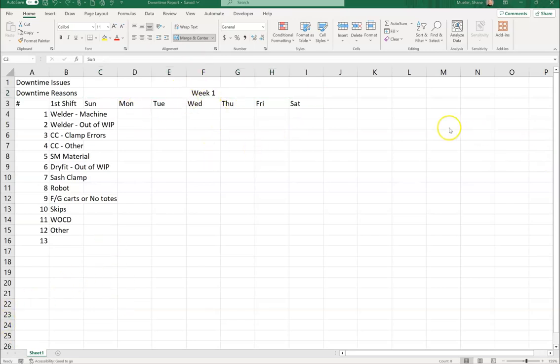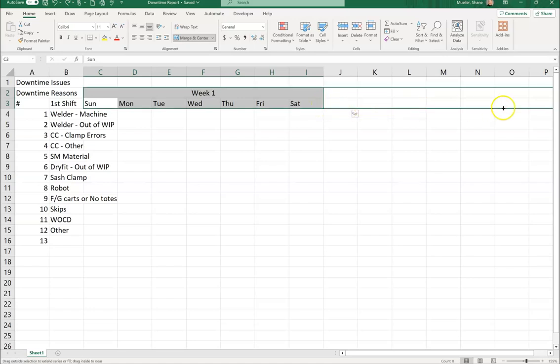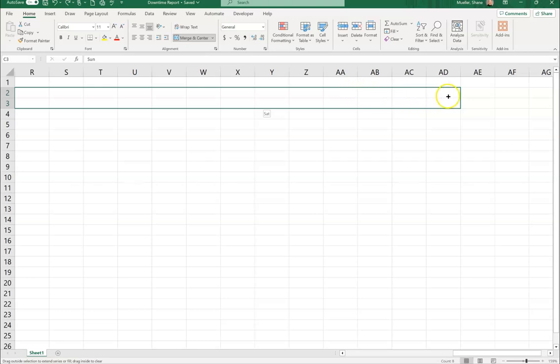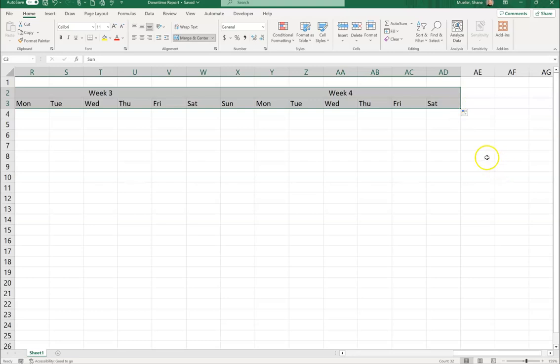All right, so once I've done that, now prepare to have your mind blown. I'm going to select cell C3, where we have the word Sun. I'm going to click and hold with my left mouse button, drag across and up. So I have the range C2 through I3 selected, the week 1, and then Sunday through Saturday. Once I have that selected, I'm going to grab that fill handle in the bottom right of that range, and I'm going to click and hold, pull it across until we get to AD3. I'm going to release, and then you'll see